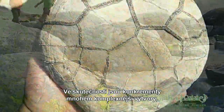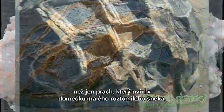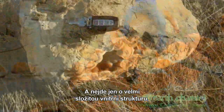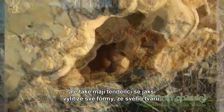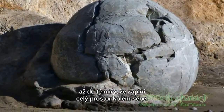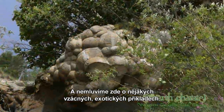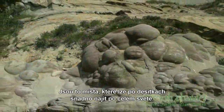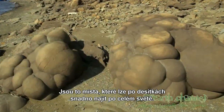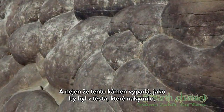In reality, the concretions are much more complex creation than simply a dust which stuck to the house of the cute small snail. And it's not just the very complex internal structure. Also, they tend to kind of spill out of their form, the globular form, to the point that they kind of fill up the entire space around themselves. And we are not talking about some rare exotic examples here. These are sites which are easily to be found all over the world by dozens. And not only these stones look as if they have been made of a dough that has risen,